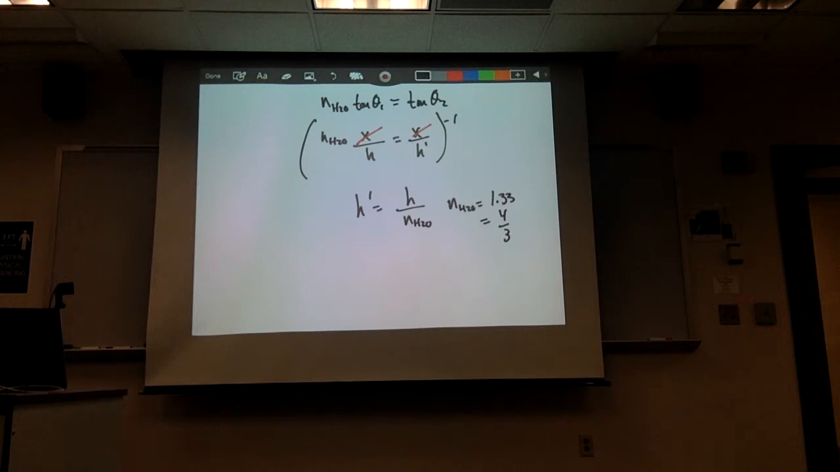Good. So from here, we plug that in. So it's going to be 1 meter divided by 4/3, which is the same thing as 3/4 of a meter, which means that the apparent depth that she sees is about 0.75. So this is the apparent depth of the